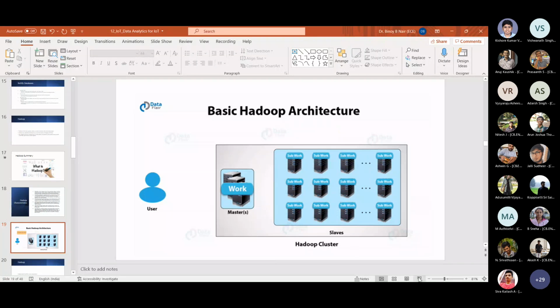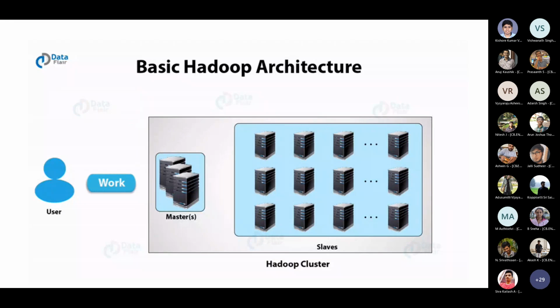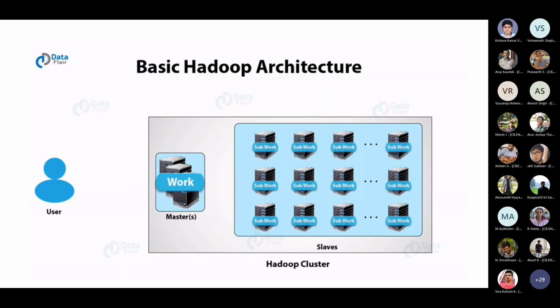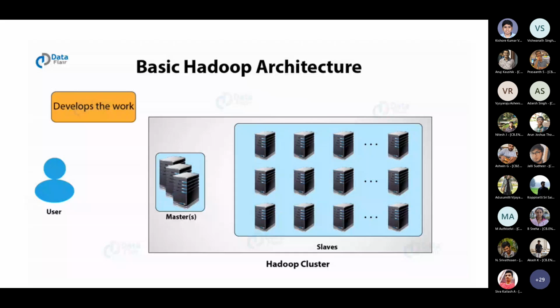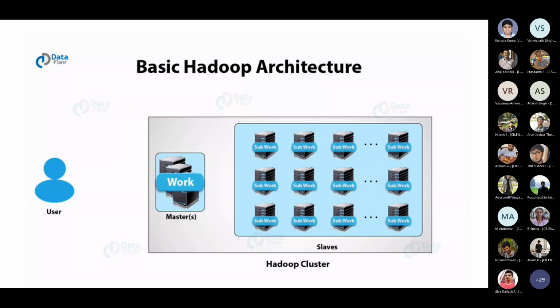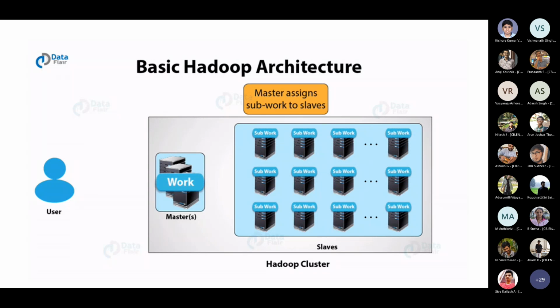Okay, can you see the presentation now? Yes, sir. So you can see this is the basic Hadoop structure, just visualizing the whole thing. You have the work which you push into the master, and the master will take care of that from there onwards. You do not have to specify exactly what part of the job is going to which slave. You do not have that level of granularity visible to you.